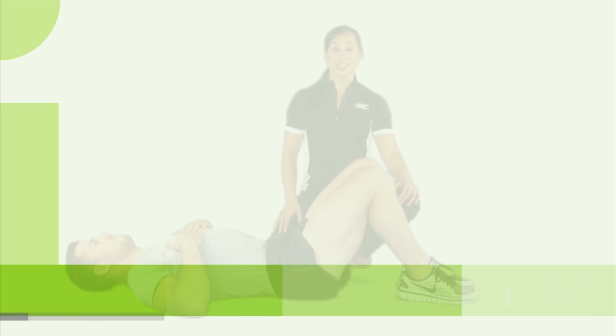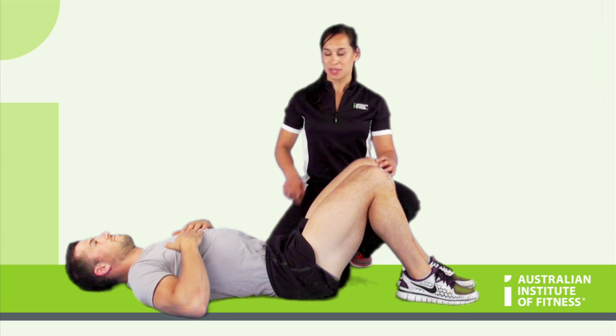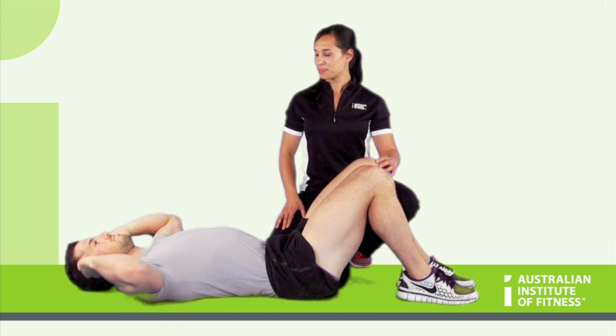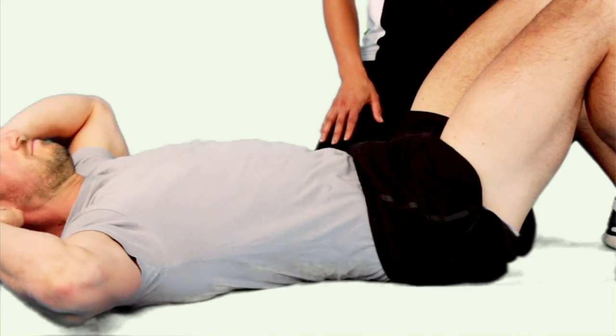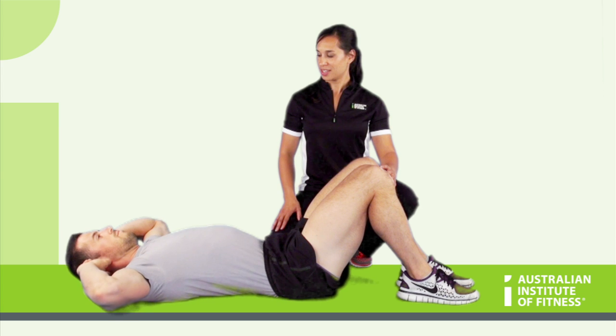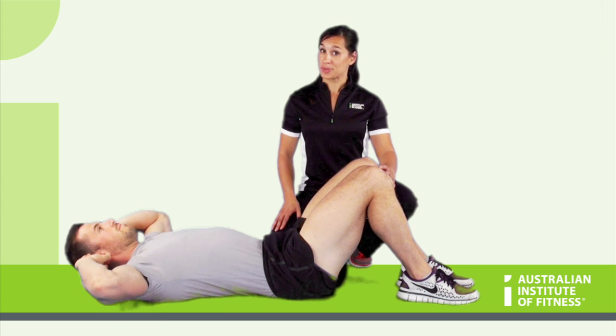The oblique crunch, as the name suggests, is an exercise that targets the oblique muscles. So in this lying down position the client's going to start by putting his hands behind his head. And it's really important here that we just take the shoulder across the opposite knee. So Mike's going to crunch up like so and then return. Great. You'll often find that you won't be able to get a lot of movement out of this one,